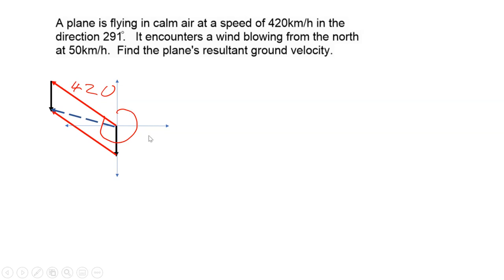Remember, this whole circle here is my 291 degrees. That whole thing is 291 degrees. So let's see how we can set that up using the cosine law. Can anybody see why I'm using 69 as the angle? Can anybody see where that 69 is coming from, using the information that we have there? Remember, we're trying to get the length of this dotted line. That's our goal right now. Can anybody show me? Can anybody figure out